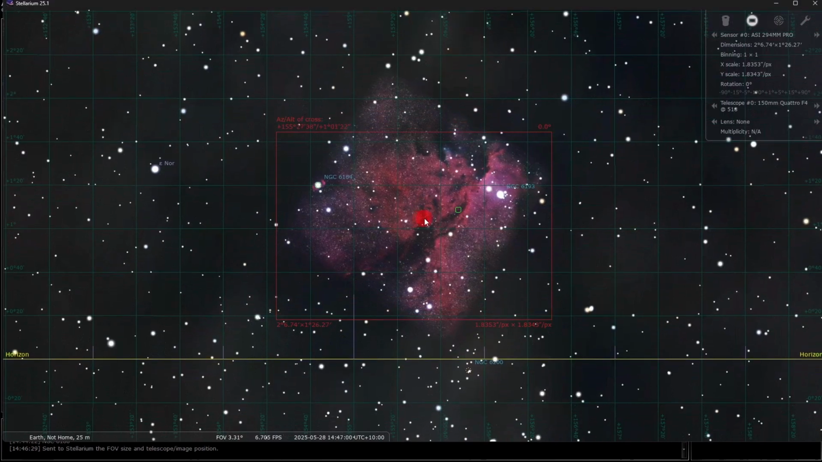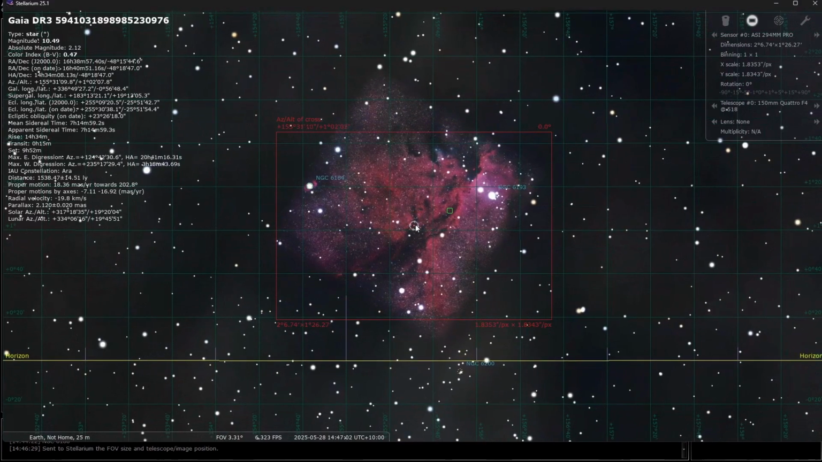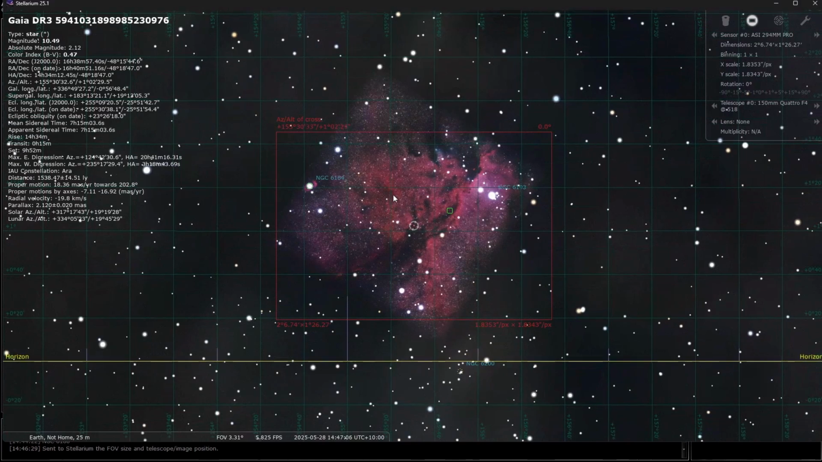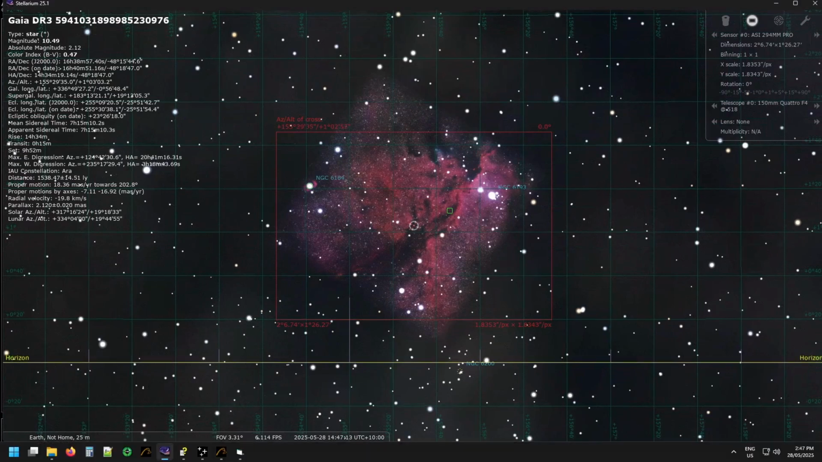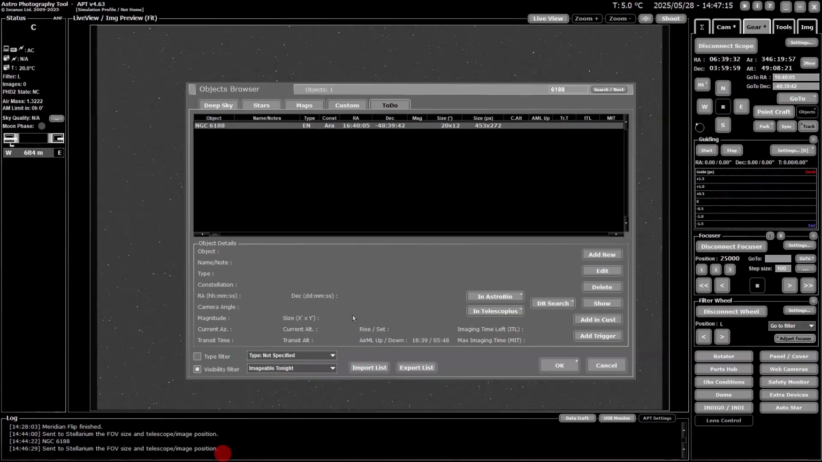So the idea is to find a star about where you want. So that's where I want this one to be. It's not right on the rim nebula, which is up here. I've picked a star in the middle, and the advantage is now I can go back into APT. I can click on edit,